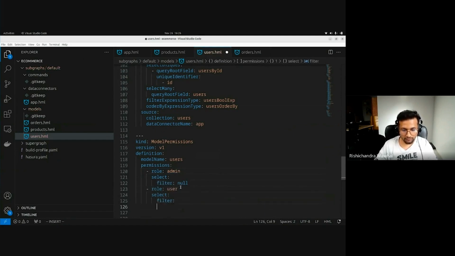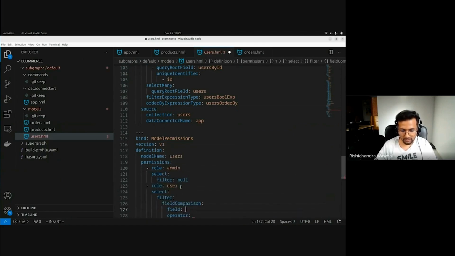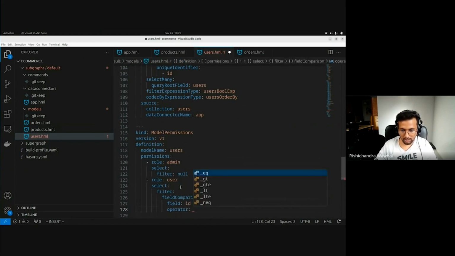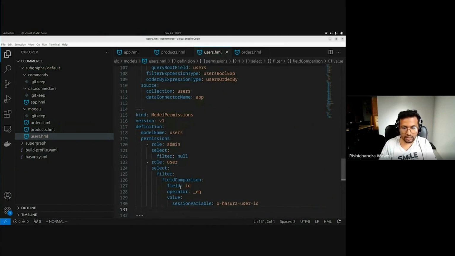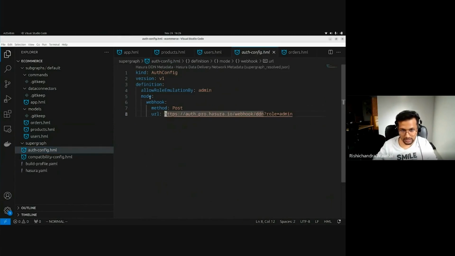And for filter, we'll say field comparison, field ID equals value from session variable x-hasura-user-id. What this will do is, whenever a query comes to Hasura, Hasura resolves the session. How it does that is it queries this webhook, since we have configured a webhook. Hasura would get the session of that query, that could be a token or cookie or anything, and resolve that